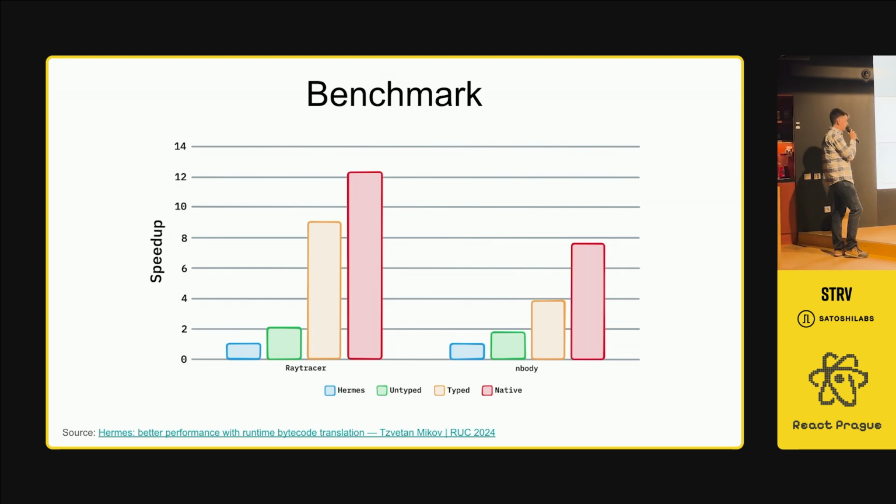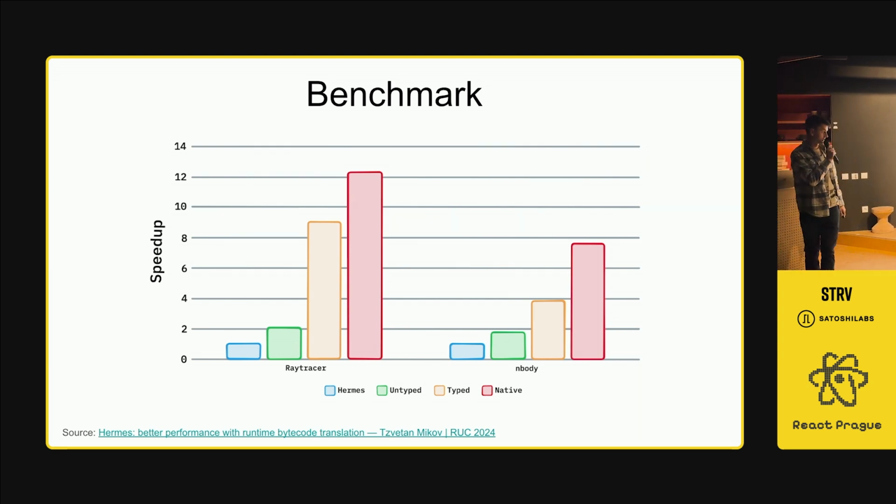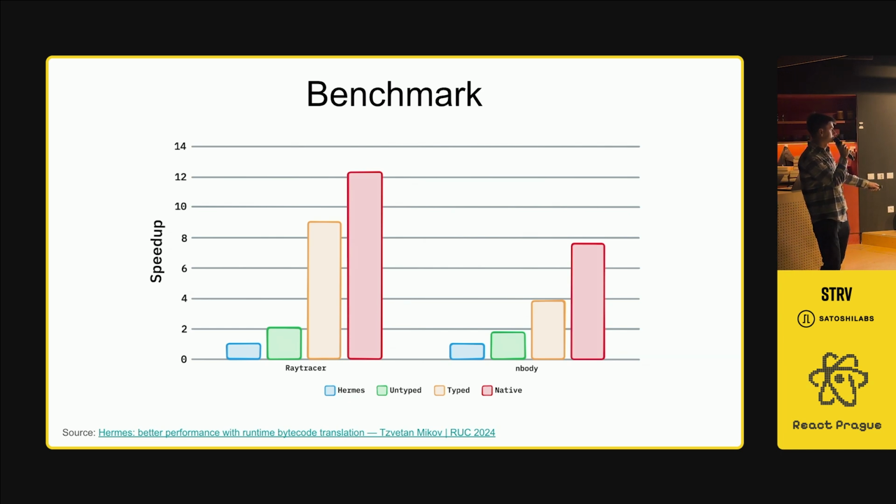Then you have typed bytecode output, which is 8 times, 4 times faster. It depends on the benchmark. And then you have native typed, fully super fast. You can see 12 times faster than the baseline, which is kind of nice,